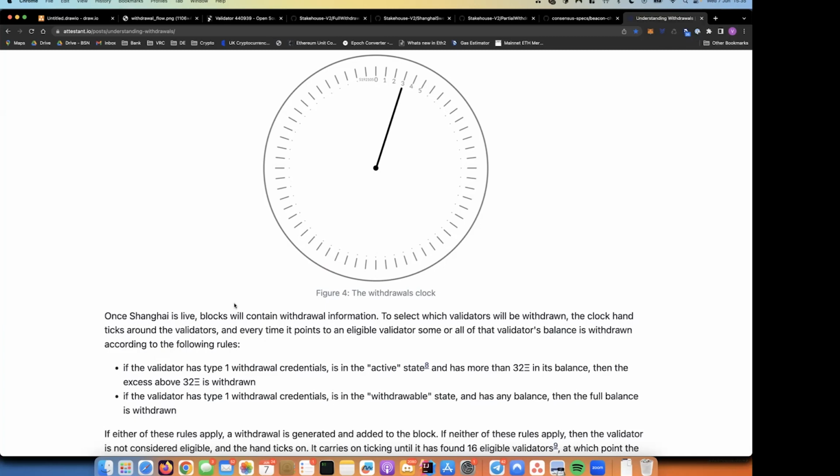But that aside, in terms of the life cycle of a validator, it goes through a few stages from a consensus layer perspective. Once the 32 ETH has arrived and the deposit contract has been processed by the consensus layer, it will go into an activation queue. You will get assigned an epoch from which you are eligible for activation. You then get assigned an activation epoch